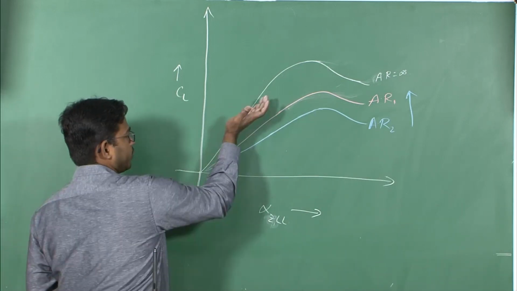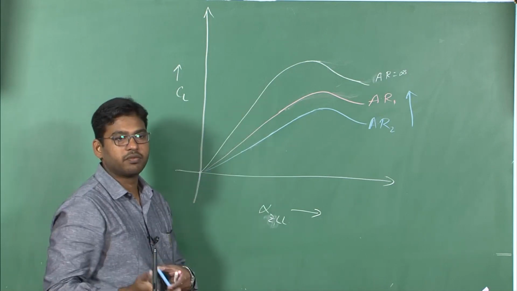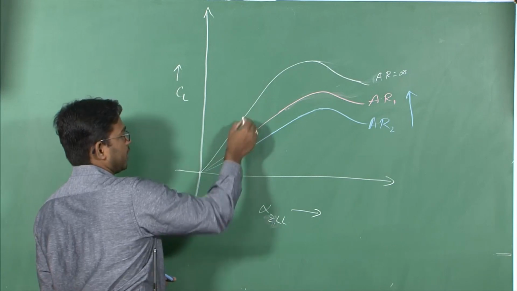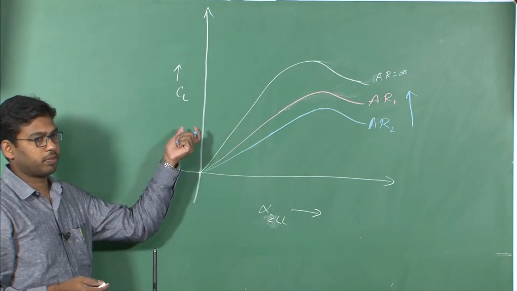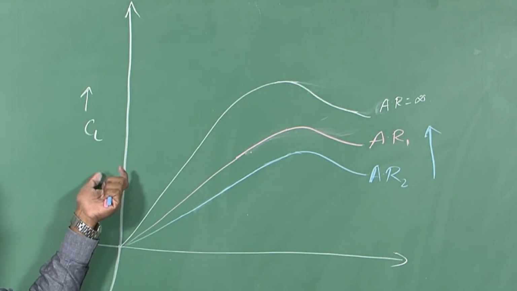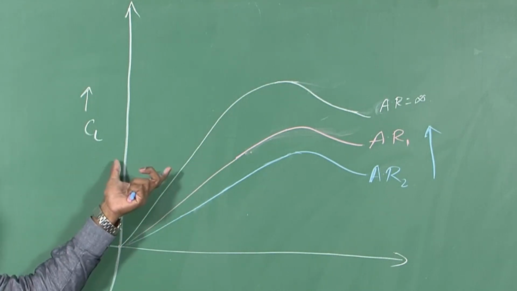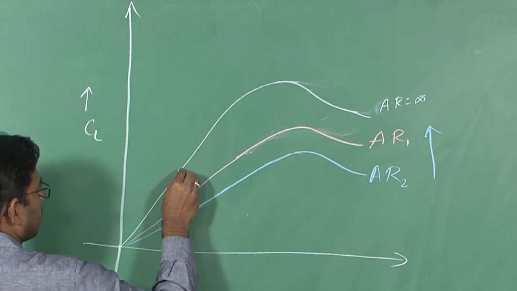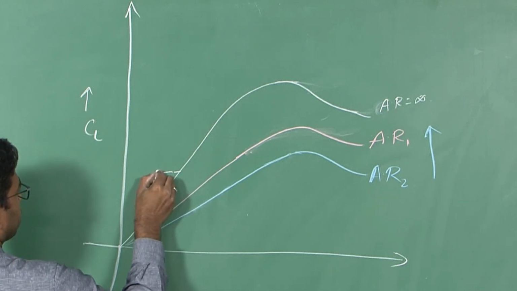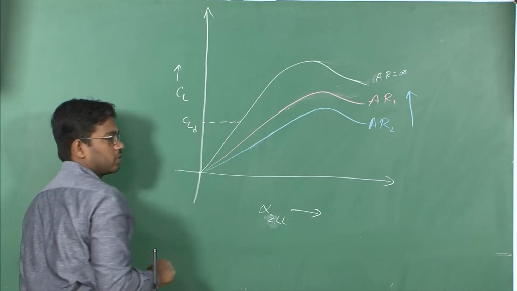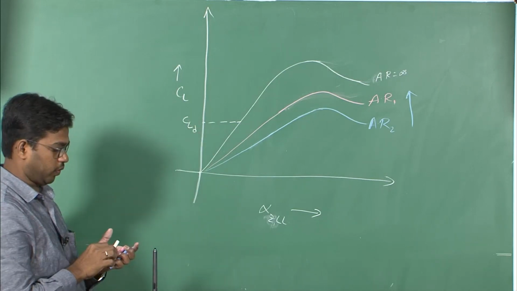Now let us assume we have used the same aerofoil to build a wing, right. What should be my angle of attack for the aerofoil to achieve a particular CL, and what should be the corresponding angle of attack for a wing? If I want to achieve a particular CL, what should be the angle of attack that I need to trim my aircraft at, for an aerofoil and for a wing, right. So let us say this is your required CL, say design CL or CL required.